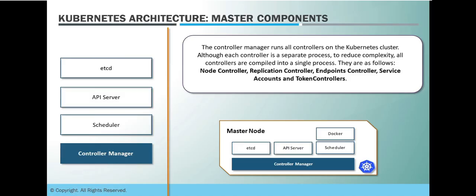This is not one entity, they are multiple entities, and every entity has their own task. Like node controller will control your nodes, replication controller will take care of replication among the pods. Endpoint controller will take care of the endpoint APIs that are going to register on the API server. Service accounts will be used to provide access to the services, because in Kubernetes actually we define service